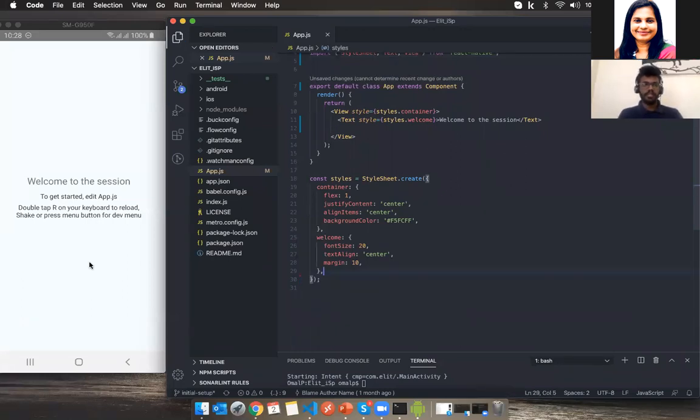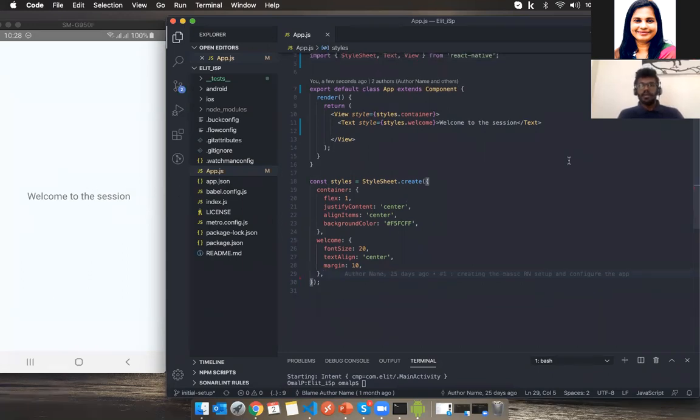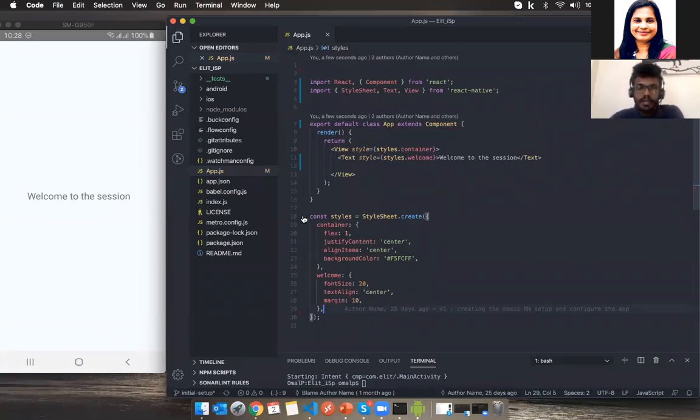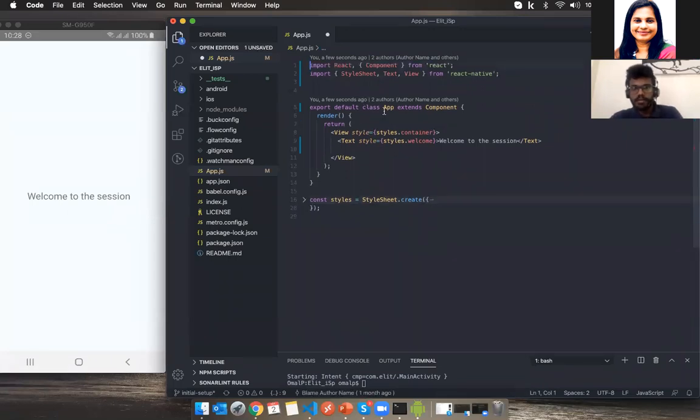Okay, I'm going to save this. So the display got changed. All right, there are very few elements here, which I'm going to explain to you. Now, we are based on React Native, so we have to get some input from their end. These View, Text, and StyleSheet are the things that we get from the React Native library. Text and View, we call them components, which we are going to dig deeper into in a few more seconds.